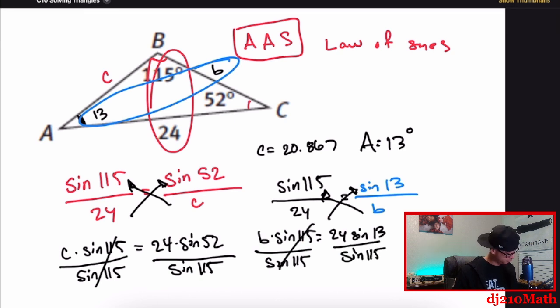Little b is equal to, straight to the calculator, control division, 24 trig sine 13 over sine 115. Little b is equal to 5.956. So we know little c, little b, and big A. Okay,